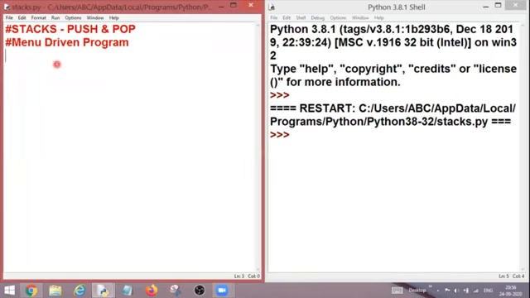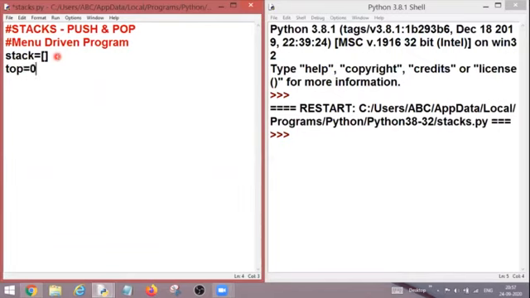So first we are going to start with the push operation. Push means inserting the elements in stack. And as I told you earlier also, we are going to implement stack with the help of a list. So let us start with stack as a list. We have taken one empty list and the variable name is stack. And as I told you, insertion and deletion always take place from one end only, which is known as top. So top we are going to initialize as 0 because right now my top is empty. There is no element in it.